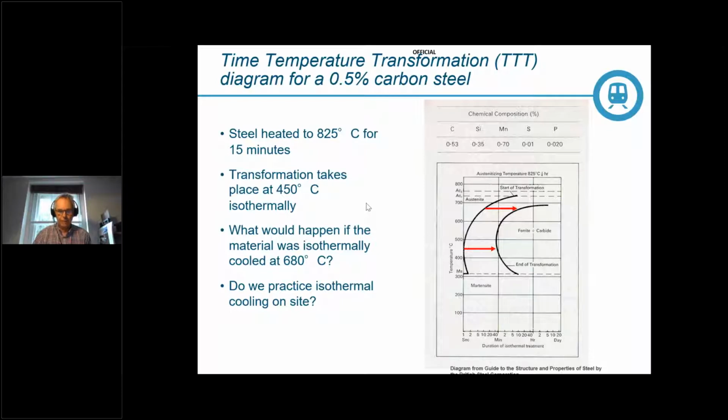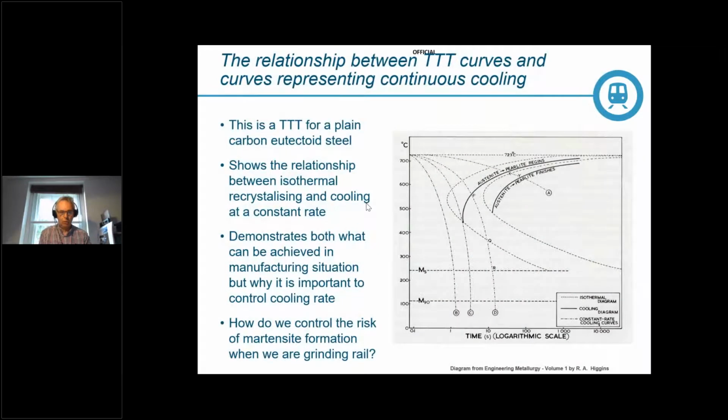So moving on from there, it's another quite complex looking diagram, but it shows the relationship between the time transition curves and the curves representing continuous cooling. And again, it's for a plain carbon eutectoid steel rather than rail steel, but it does absolutely demonstrate the point I want to make. So as with the TTT curves discussed in the previous diagram, the bold curves represent the beginning